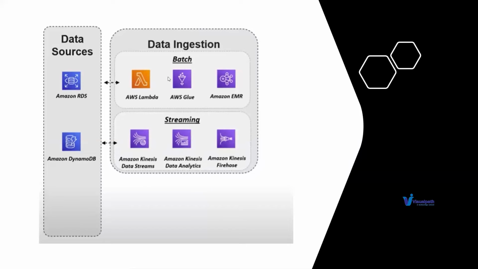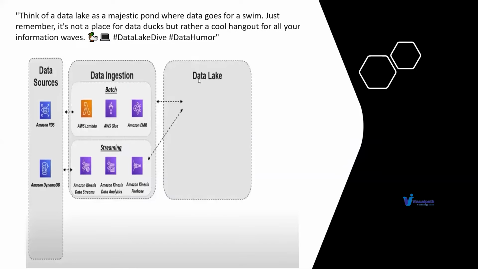There is a difference between streaming and batch. Batch means it will happen during night time, and streaming means it will happen round the clock. We use all these data ingestion paradigms for the purpose of storing your data into this data lake. So we collect the data and then ingest this data into the data lake. And what is the source service that we are going to use here? The service we are going to use is your S3 data source, that we're using in this particular case.